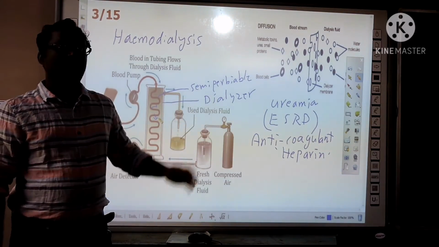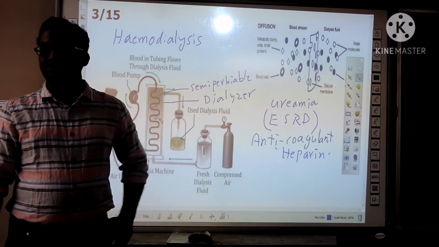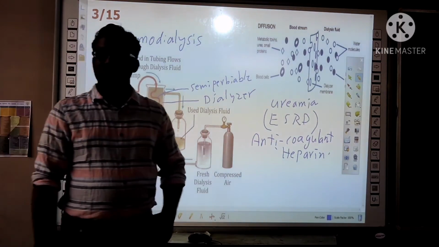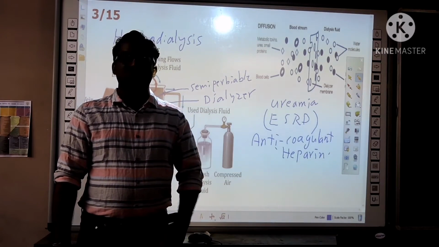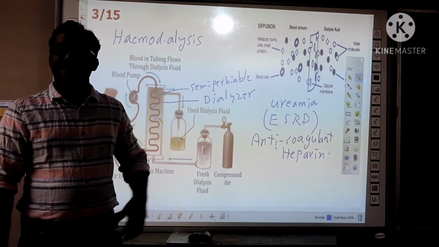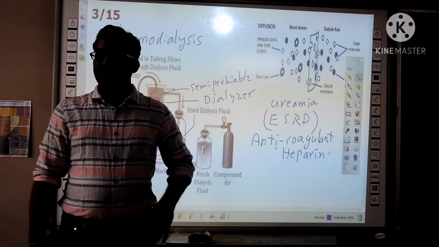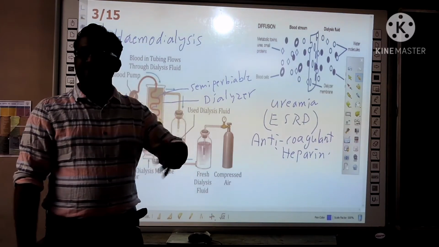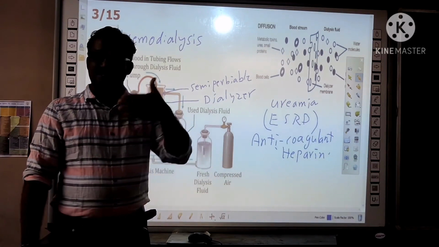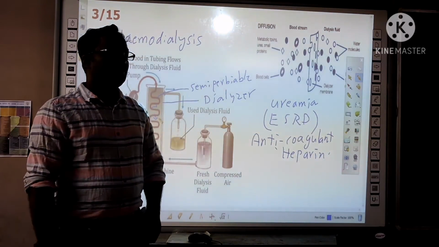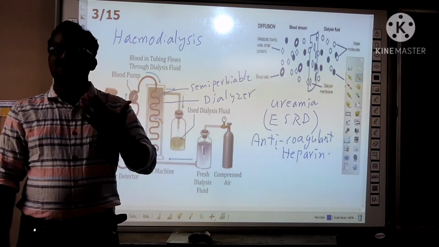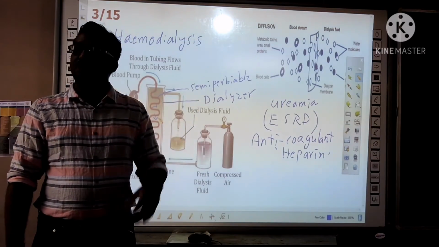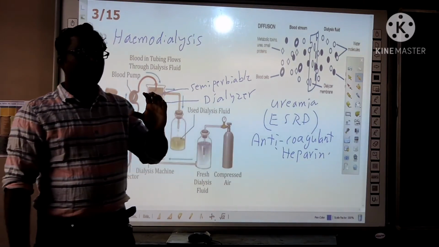This process prolongs the life of the patient for several years. But it is an expensive process. In major cities only, dialysis is available nowadays, in government hospitals and private hospitals. Government is providing free dialysis under the Aarogyasri program. In private hospitals they take 3 to 4,000 for one dialysis. Moreover, the patient should use costly medicines also.